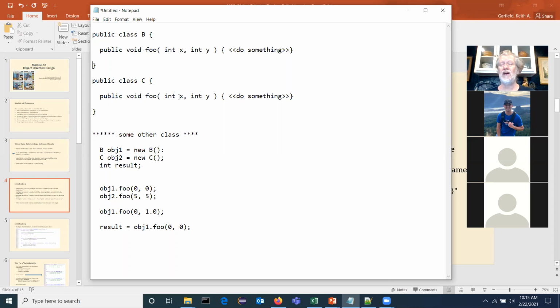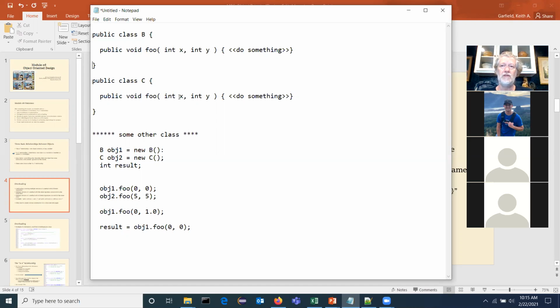And remember, in the object-oriented world, what we really want are methods that do one very small, specific job. If you've got 10 lines of code in a method, you might want to look at that method and say, gosh, I wonder if I can break it up. It might be trying to do too much work. So these are very small, specific jobs. And if that small specific job is the same across different classes, it is okay to name them the same thing. These are design choices.